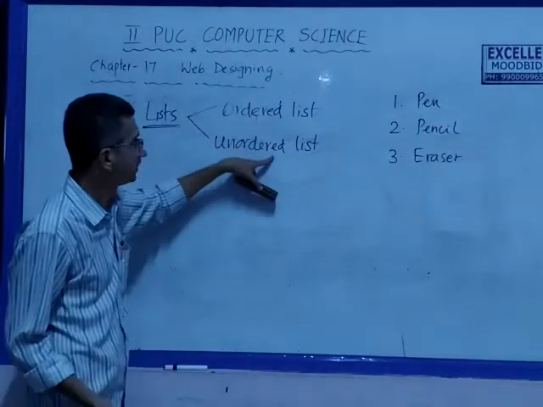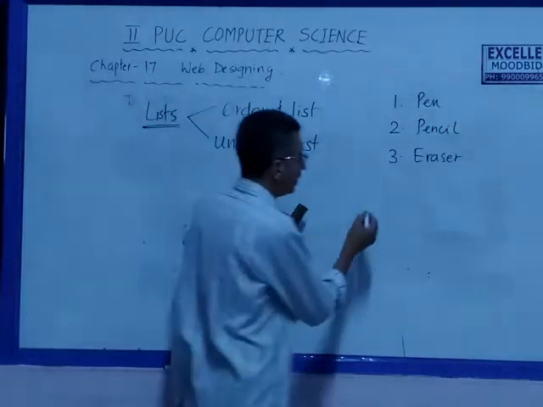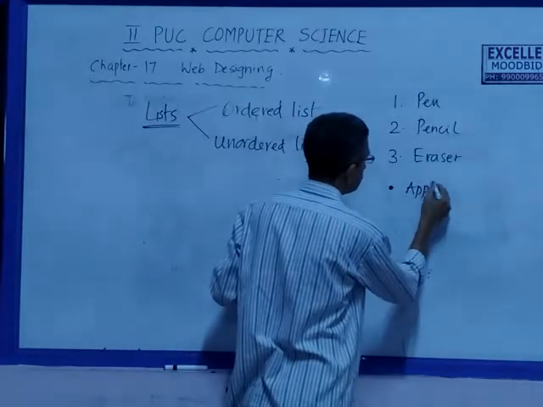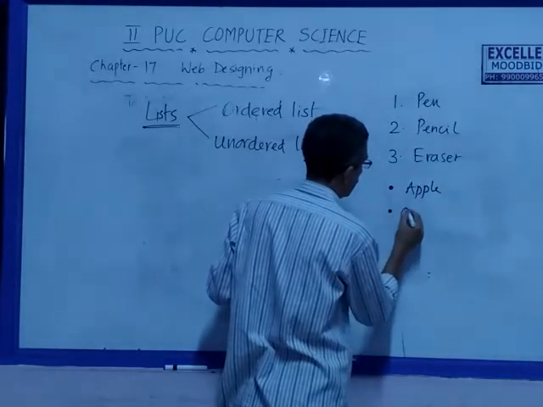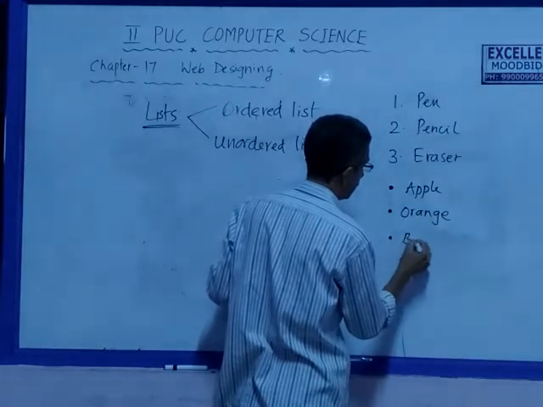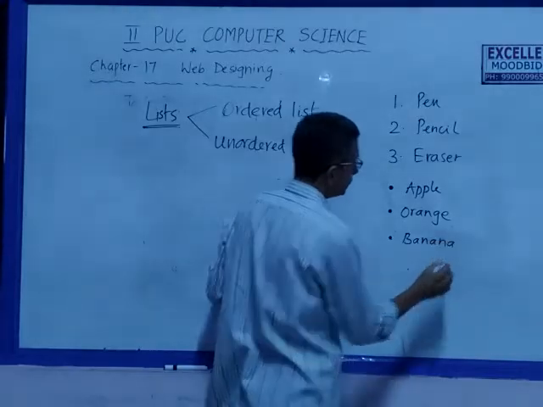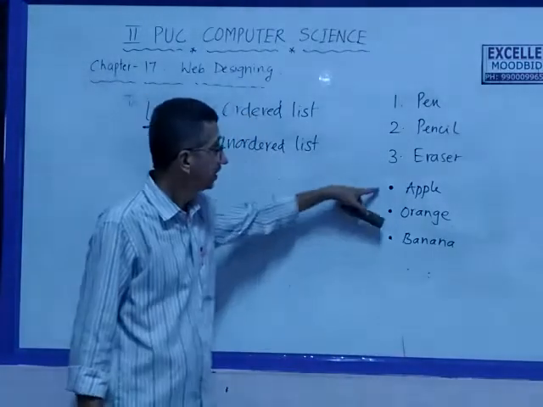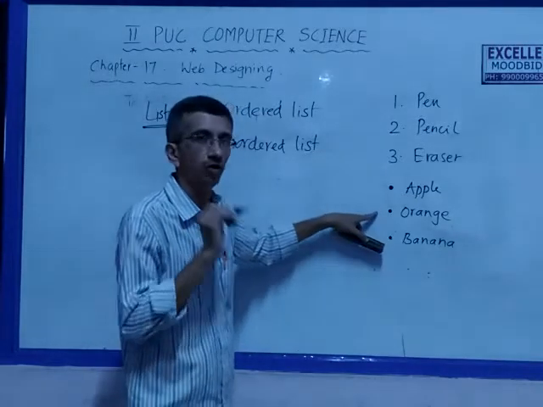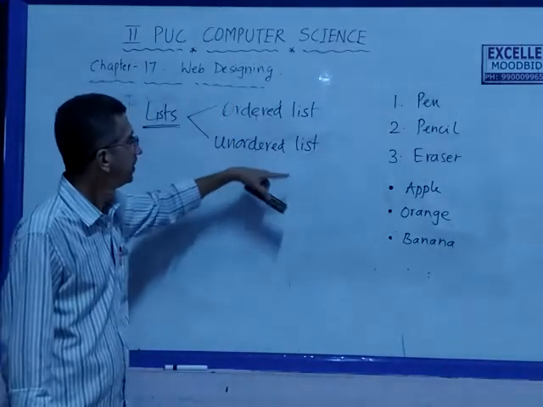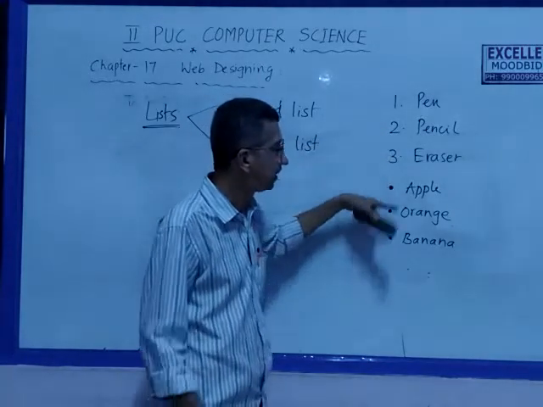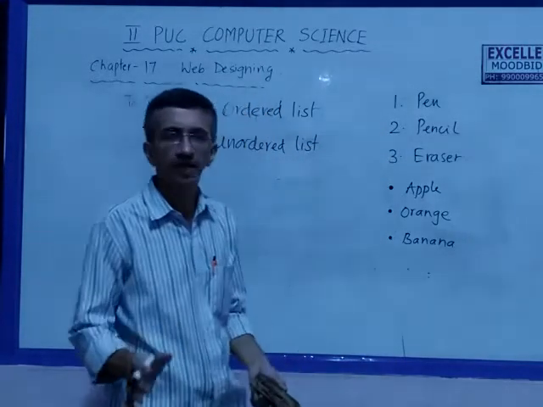Whereas unordered list examples can have either the solid circle, like apple, second one, orange, third one, banana. So this is a list of items where the list marker is a solid circle or a dot. So this is unordered. The meaning is, in an ordered list there is an order for the items: first one, second one, third one. Here any one can be there. All three are just items.